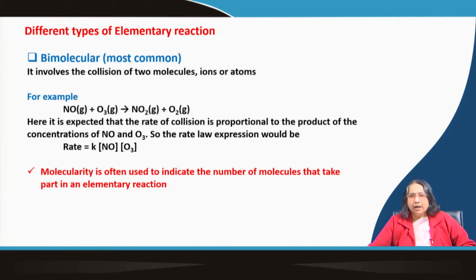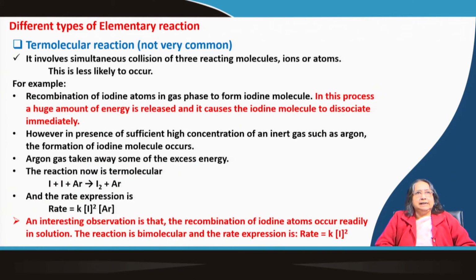Now, the termolecular reactions. Ter means 3. A termolecular reaction is also not very common. I visualize it in this way. Say for example, two people are running in a particular corridor. When two people are running, there is enough chance that they will collide with each other. But if there are 3 people running, it is not very easy to think that at a particular time all 3 of them will come to a particular spot to collide. That is nothing but the termolecular reaction. So, that is why it is said that termolecular reactions are not very common.